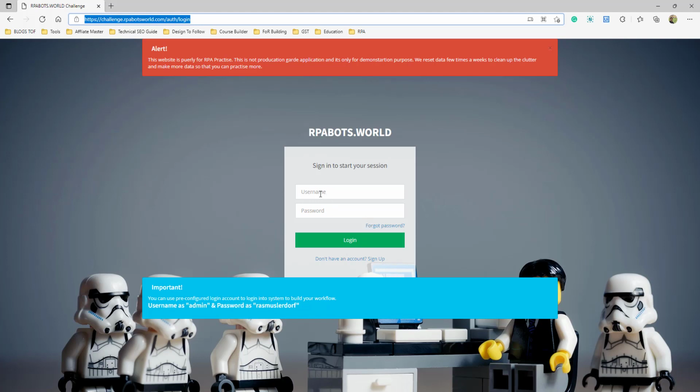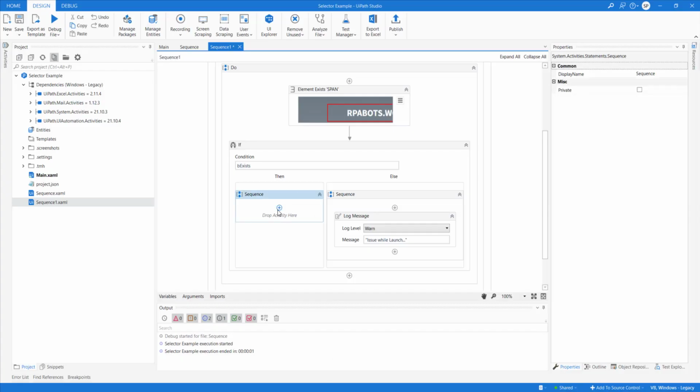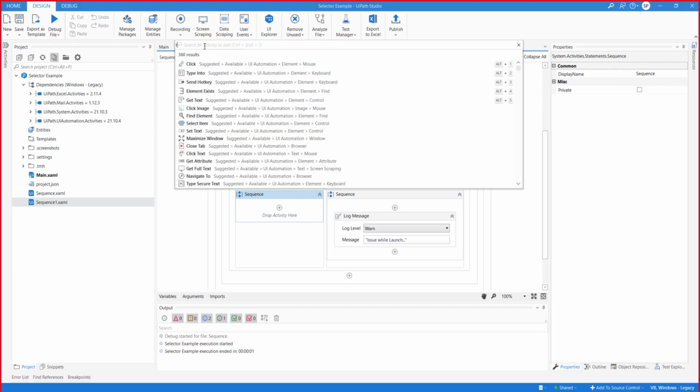Click on the username, right? So do we need to click, or can we directly use type into? Yeah, type into, because we can use a click activity inside a type into property. So it will directly click there. Type into activities has a property called click before or activate before type. So let's do that. What we need is type into,